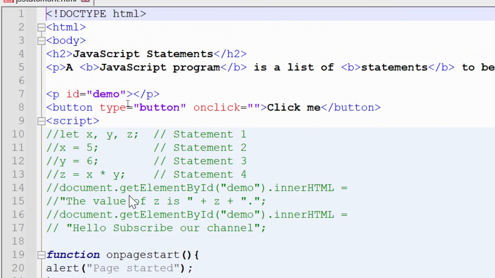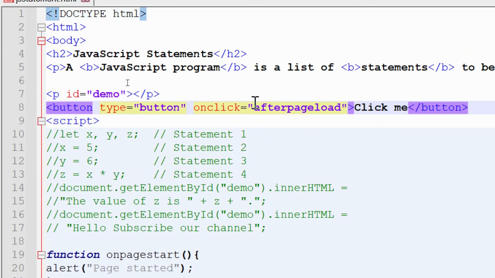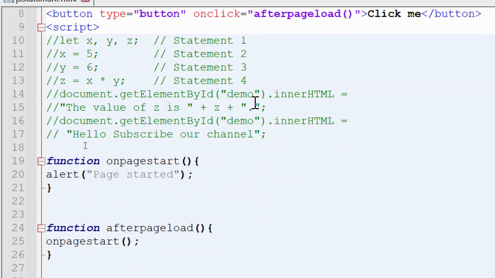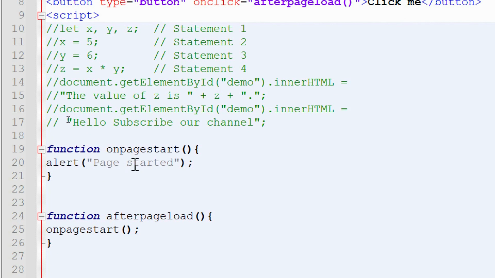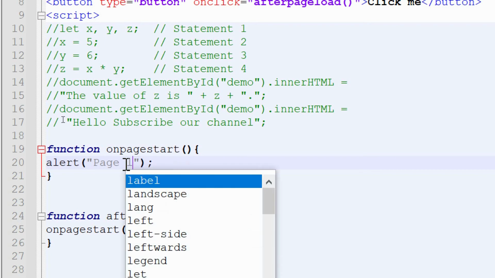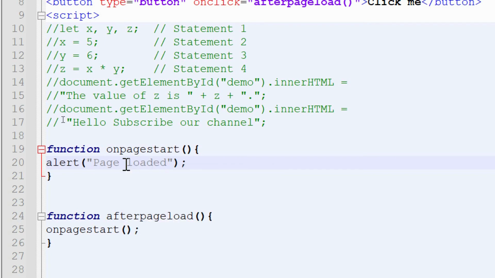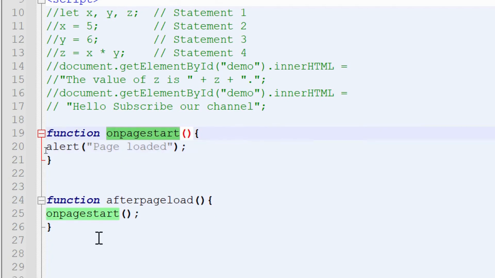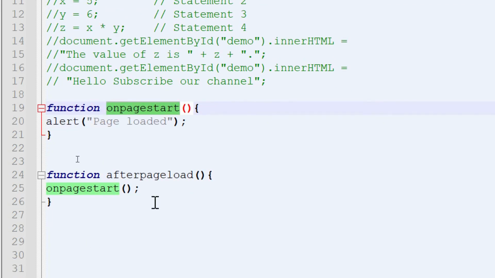When we click the button, an alert will be shown. We will change the text to "page loaded", because we will call it on button click after page load. We call that function inside this function, so on button click it will go to that function, then go there and display the alert.